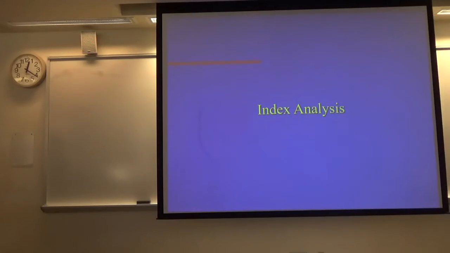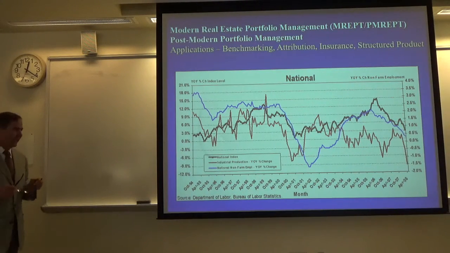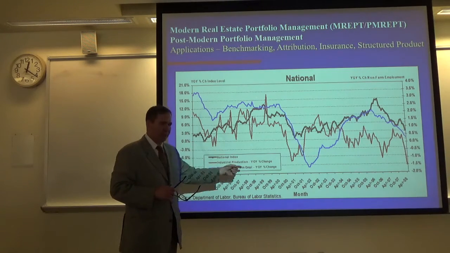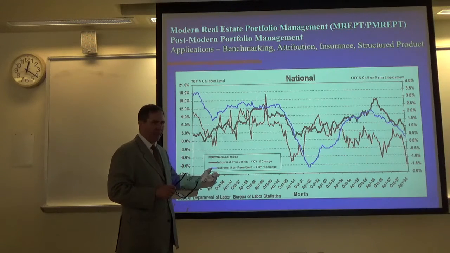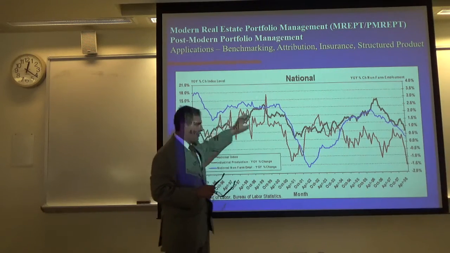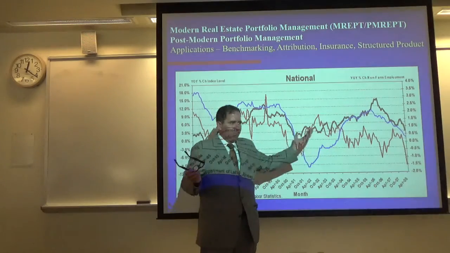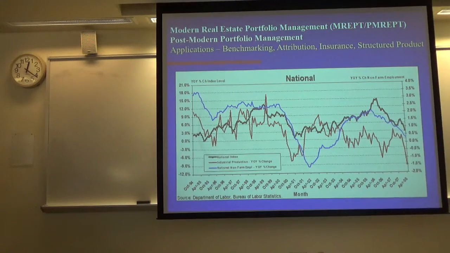So then everybody said, okay, now that you got the indexes, now you got to back test it. You got to run the macro factors. So the national index I ran against industrial production because I had it on a monthly basis, and non-farm employment. So you could see that the indexes were highly correlated to the macro factors. This is an APT model, basically. Basically an APT model. Okay.